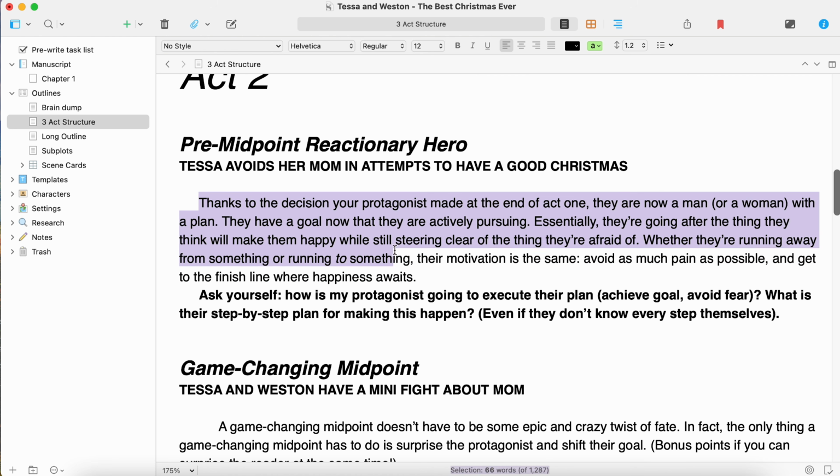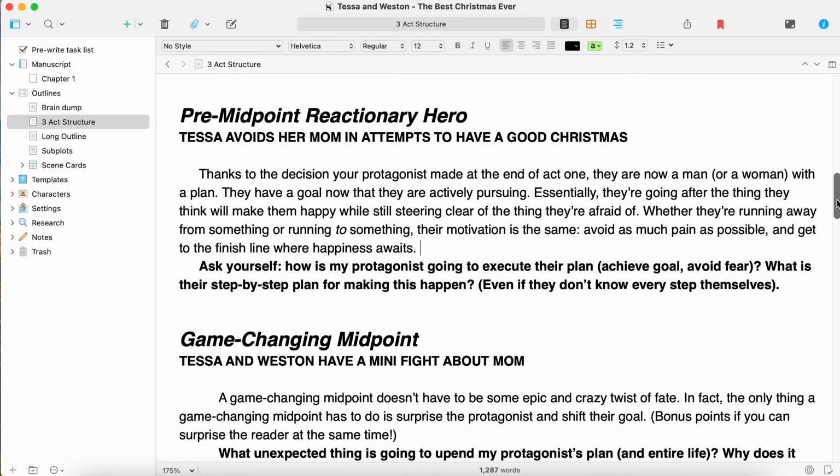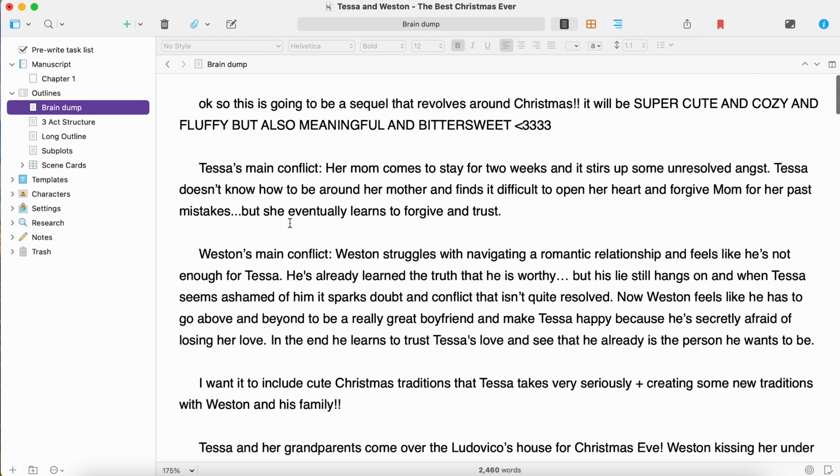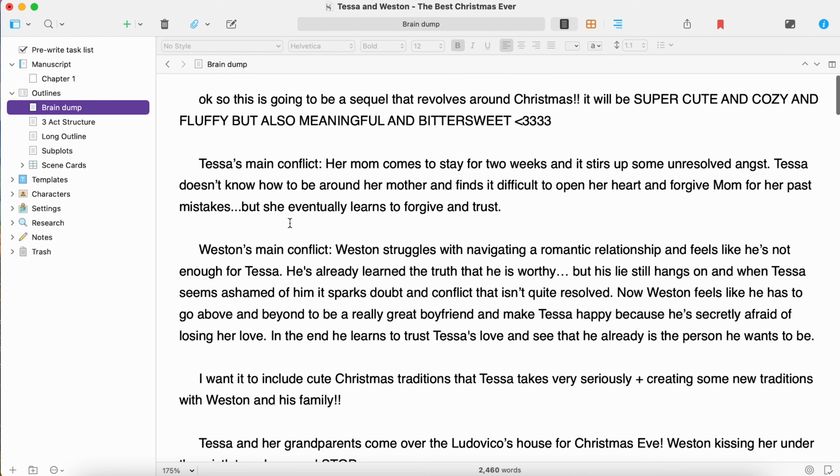So as you can see in Act 2, I have just the placeholder text from my 3-act story structure template. But I have a subheading here that tells me what's going to happen in this part of the book. So I didn't have a ton to go off of, but what I did was I took that bullet point outline, this one here, and I merged that with my brain dump of all these ideas, and I came up with a long outline, which I ended up adding to as I went, and it ended up being around 15,000 words in the end, which I know is super long,